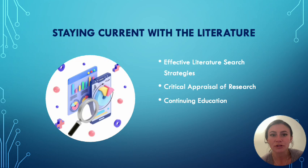Staying current with the literature. It is important for family nurse practitioners to stay current with healthcare literature. However, they need to know how to properly conduct effective literature searches, critically appraise the research, and must always be continuing their education. There are a number of different literature databases that can be used, such as PubMed, CINAHL, and